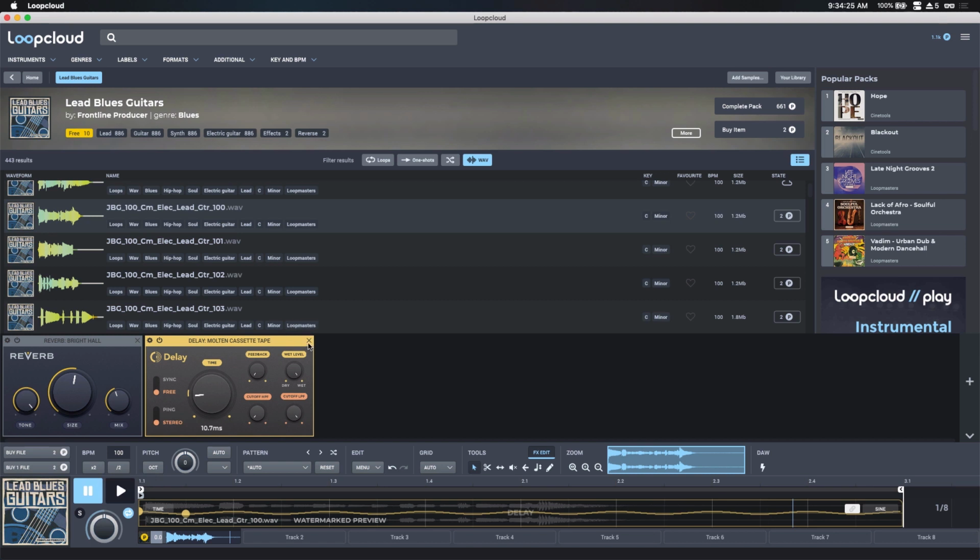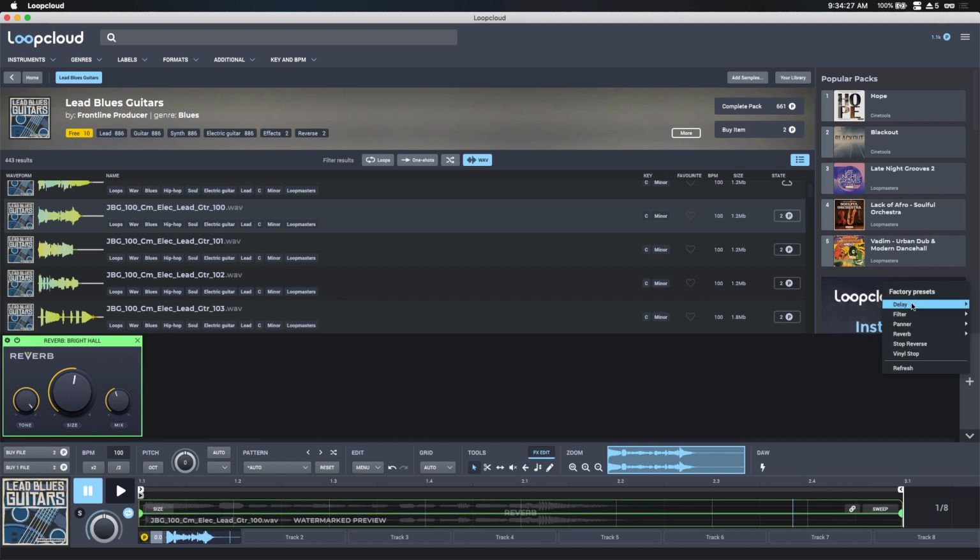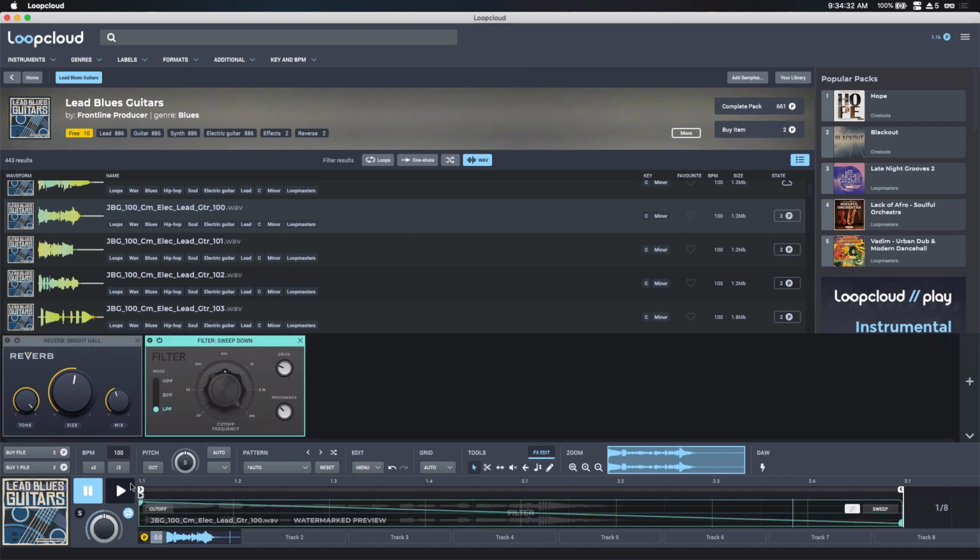Let's maybe switch it up. Let's get another one in here. Let's do a filter. Let's do a sweep down. Pretty cool. Now, if you don't want to add effects yourself, you can always just let Loopcloud do it for